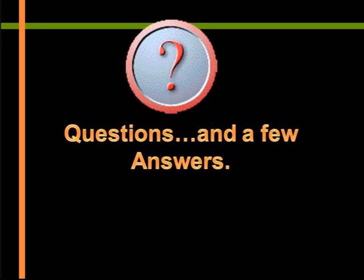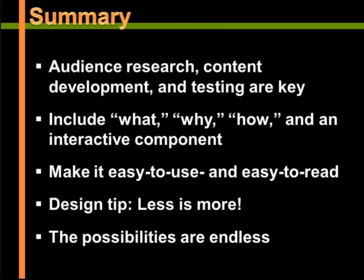But just to summarize today, we were able to illustrate some of the key steps involved in creating educational tools, and we emphasized the importance of audience research, content development, and getting feedback from audience and partners. And we also discussed the key content to include in your tools, including the what, the why, and the how, as well as the importance of making your tools